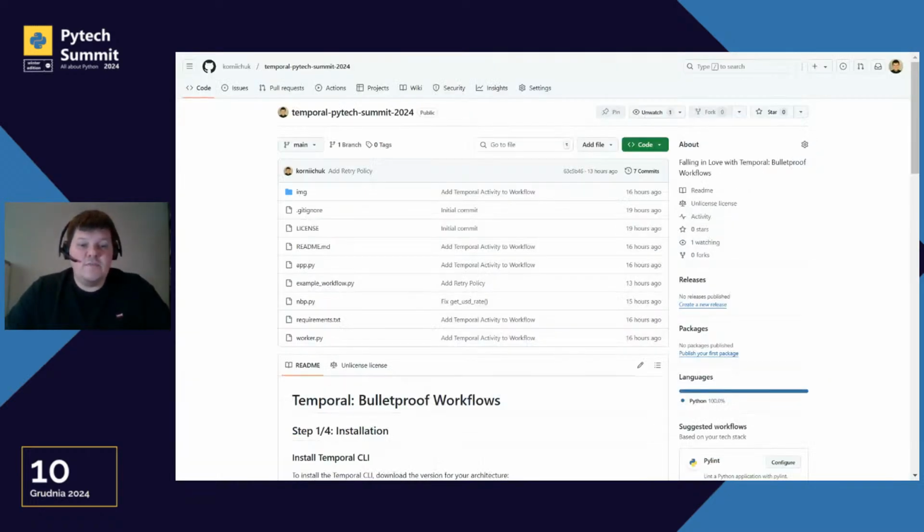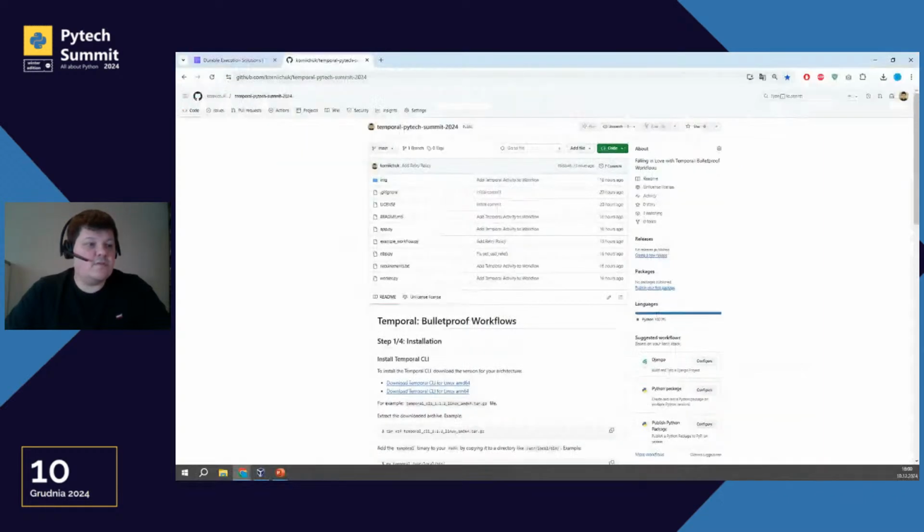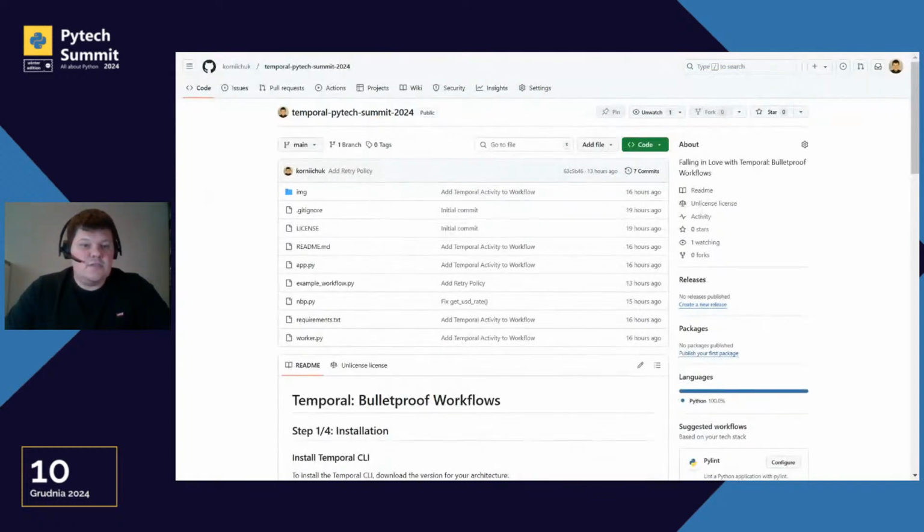And in this line, you will find the link to the demo I prepared. It's, let me highlight, public, Temporal PyTech Summit 2024. Let me please open the same repository in the browser. Let me double check, you can see the same, right? Just one moment.